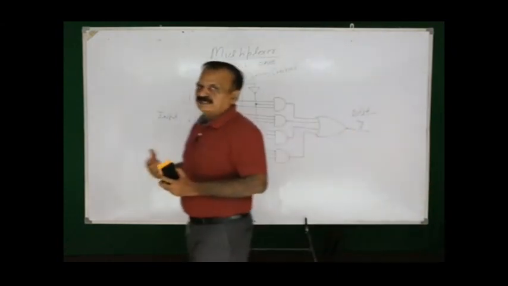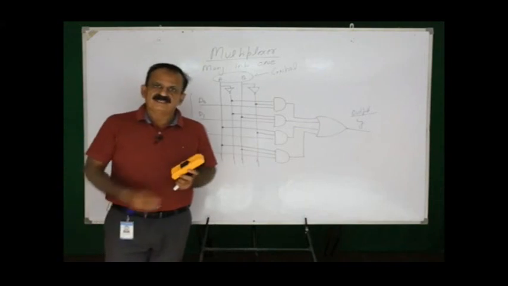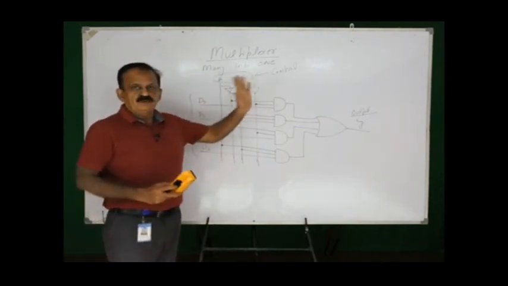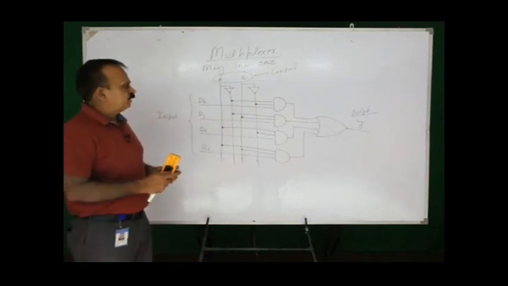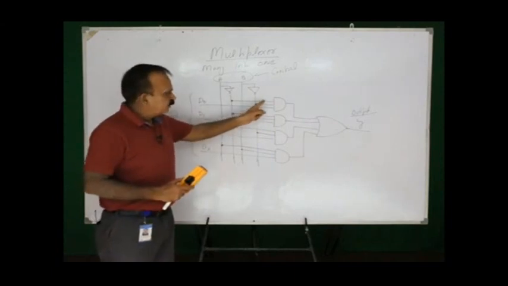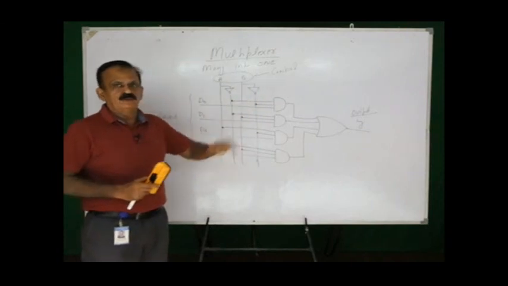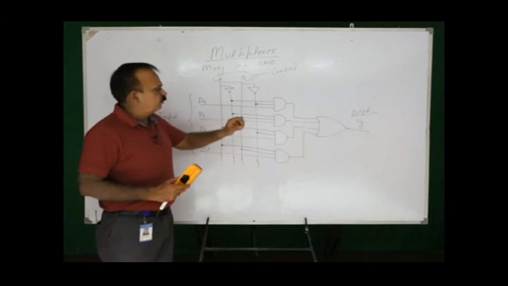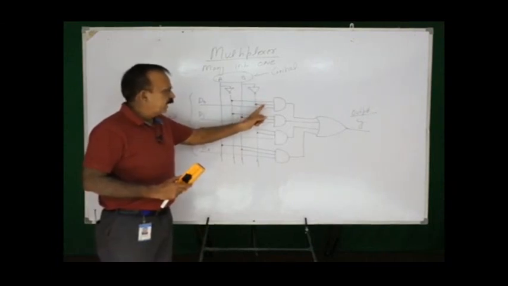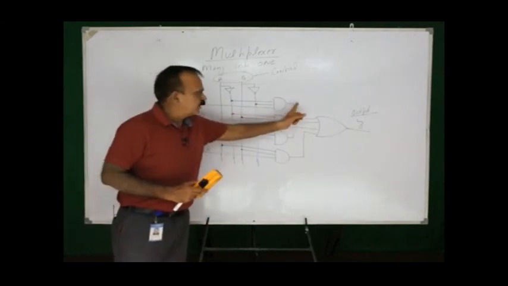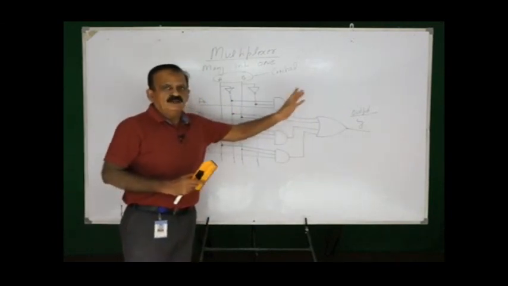Now let us see the working of this multiplexer. Say first one, A is 0 and B is 0. If A is 0, B is 0, this gate is connected with A bar and B bar. The first value will be 1 and B bar will also be equal to 1. Now the inputs of this first topmost AND gate will be 1, 1 and D0. If these are 1, 1 and D0, the output of this particular AND gate will be D0.